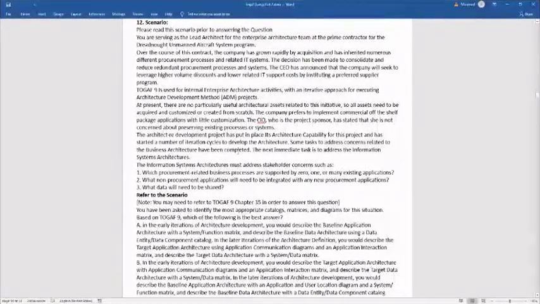Part 2, question 12. You are serving as the lead architect for the research team at the prime for the Dreadnought Unmanned Aircraft System project. The company has been growing rapidly by acquisition and has inherited numerous different procurement processes and related IT systems. The decision has been made to consolidate and reduce redundant procurement processes and systems. So the company will seek to leverage higher volume discounts and lower related IT support costs by instituting a preferred supplier